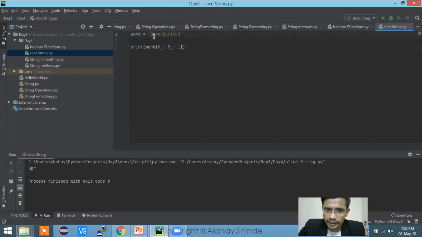It will go here, then next step is U, next step is P, next step is E. But if you provide two, it will skip one letter. This is after S, U is the first step and P is the second step. It will jump directly from S to P and print P. So we are traversing the string, right? Yes, 5 dot, Suresha, you're right, 5 dot whatever you printed.